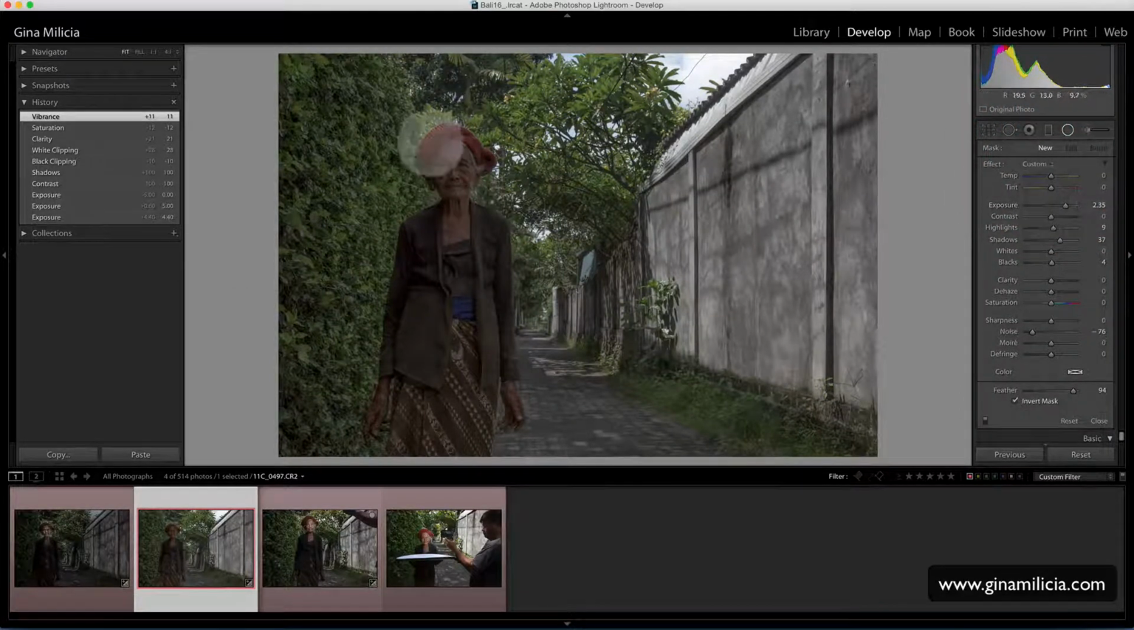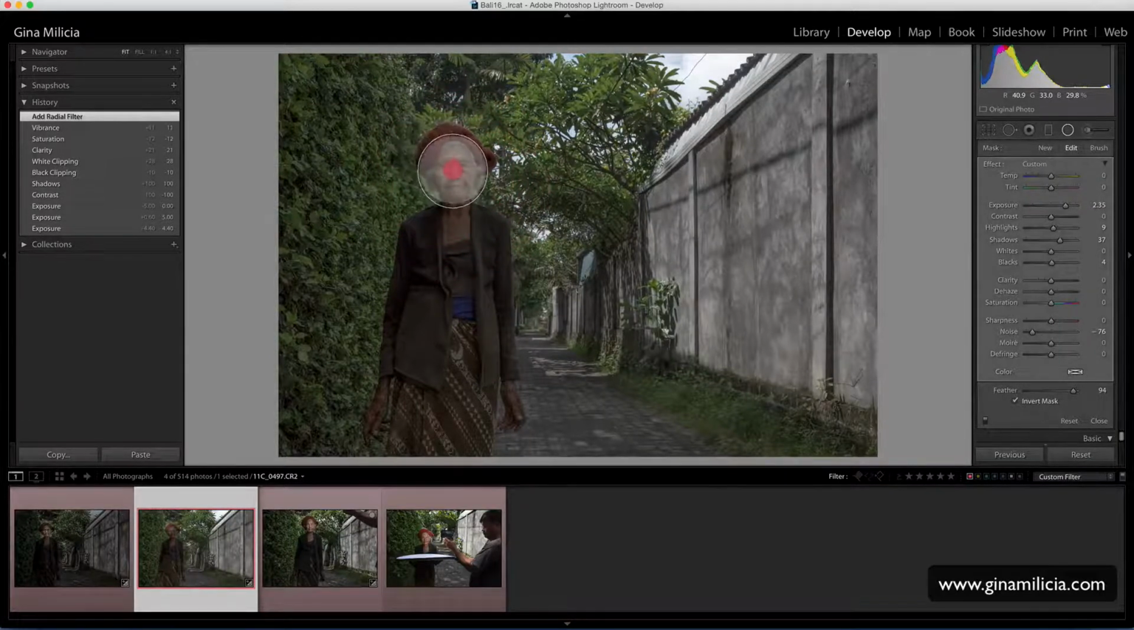So I'm just using the radial filter tool, which is in the develop module. And so just bring it over. You'll see a little X that comes up, and I just drag across a circle and drag it into where I want it. Now, the trick with this filter, the radial filter,